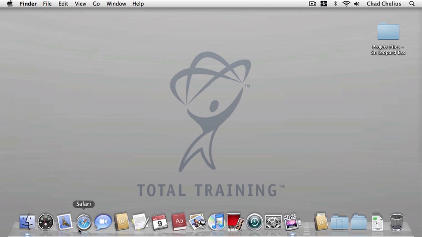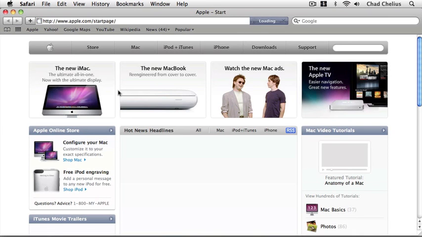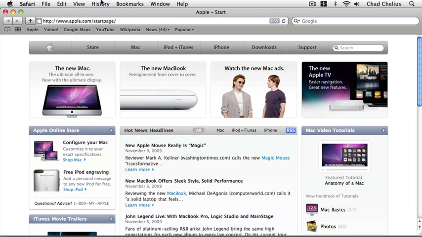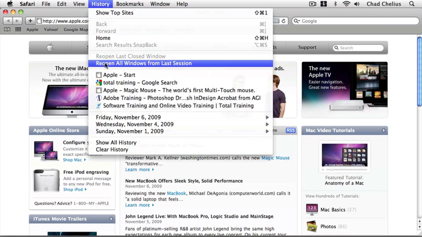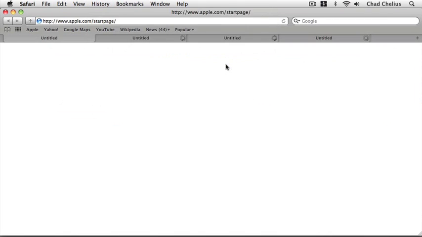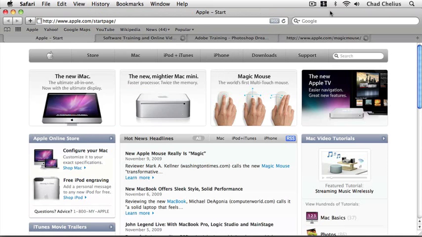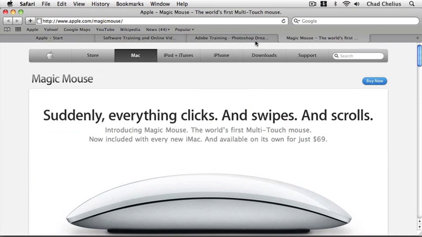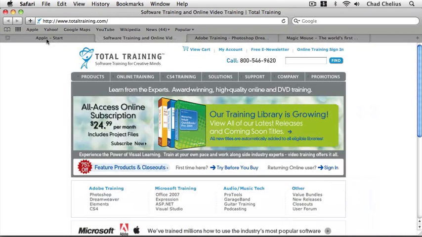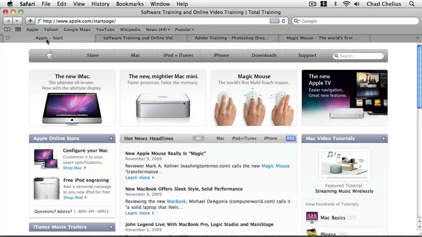If I reopen Safari, under the History menu, I can choose Reopen All Windows from Last Session. And when I do that, it's going to reopen that browser window with each tab still intact. So it's a great way to protect yourself from inadvertently losing all those sites that you've utilized in the tabbed